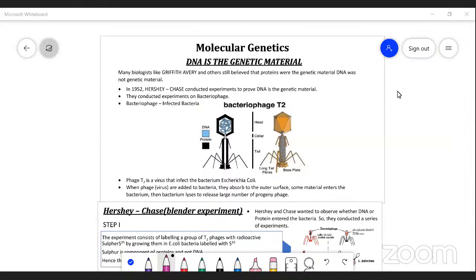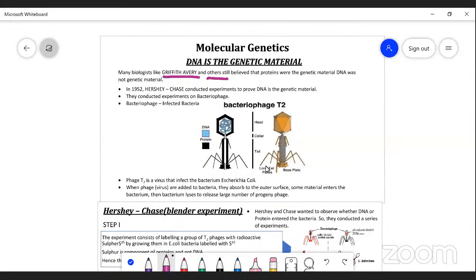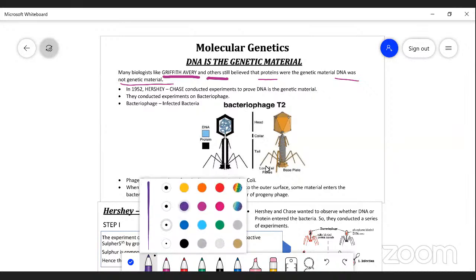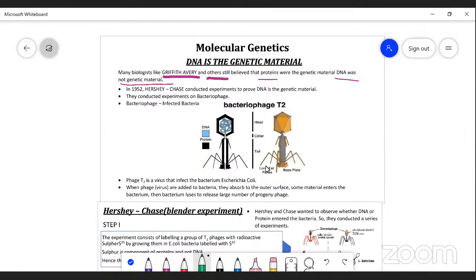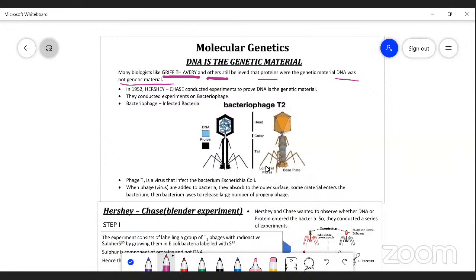Many biologists like Griffith, Avery and others still believed that proteins were the genetic material. DNA was not the genetic material. You understand? In that condition, in